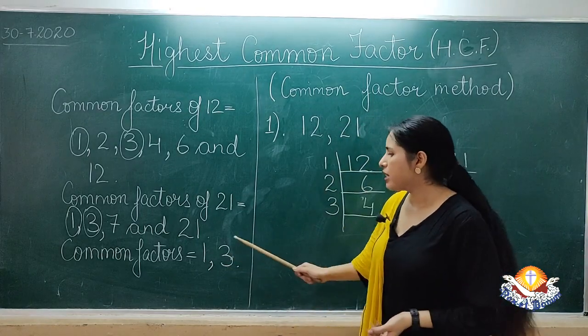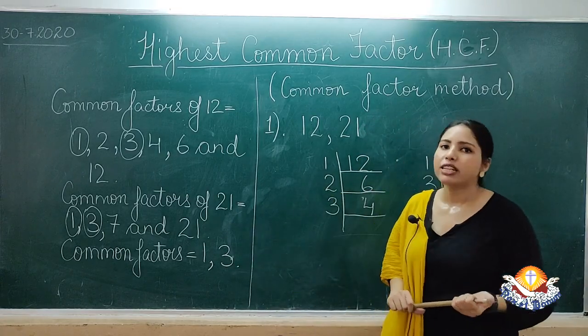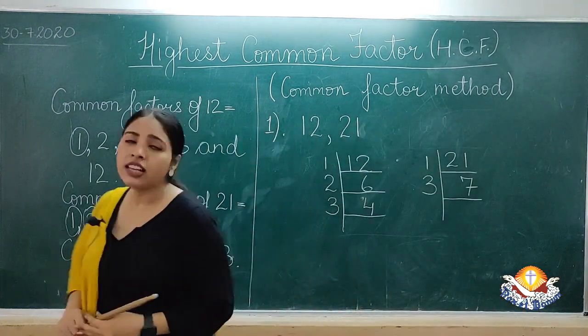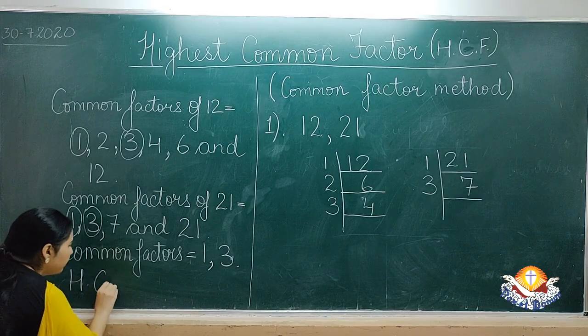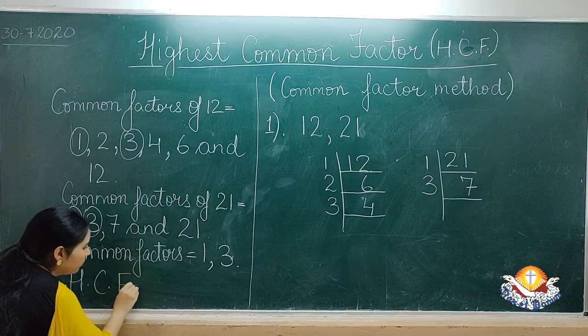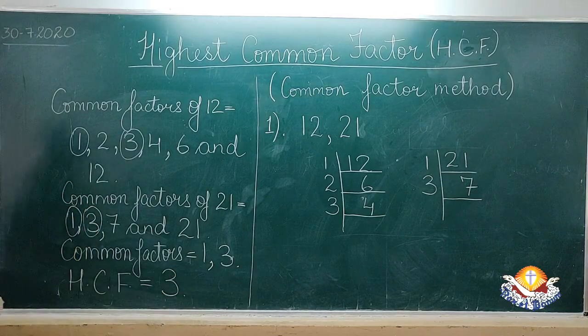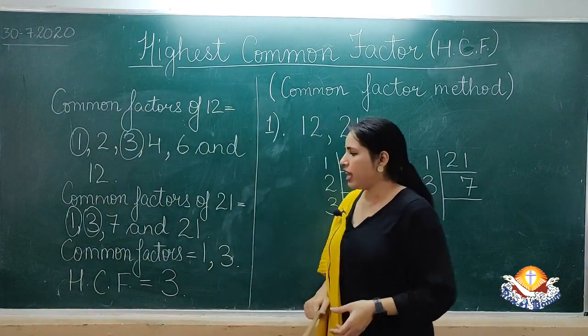So, 3 is the bigger number amongst the two. So, the HCF for the sum is going to be 3. So, we write the HCF over here, which is 3. So, the answer or the HCF of the sum is the number